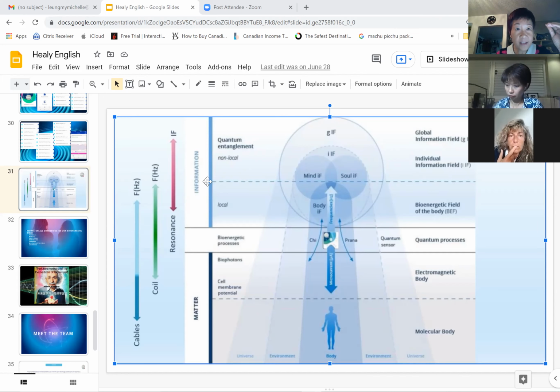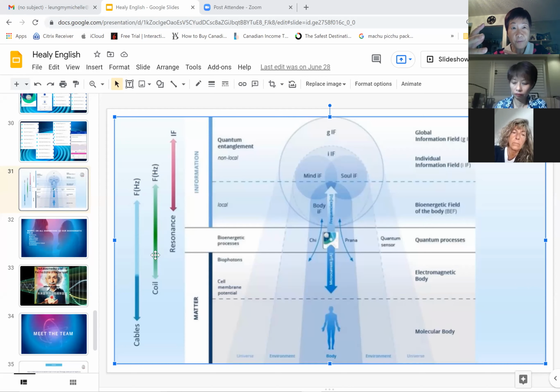So with this one, you don't need to attach to anything. It works through the principle of quantum entanglement, in order to deliver the frequency to the information field, or affect your information field. Now, in the middle, the coil. The coil is a very special way of delivery. It does not replace the cable or the resonance, but it is in between. It uses the Tesla principle to create something called a zero field.